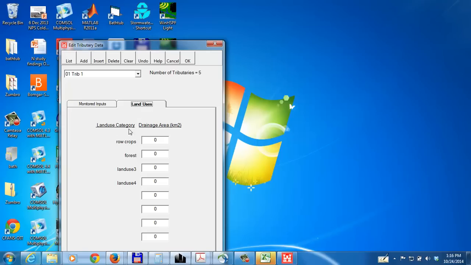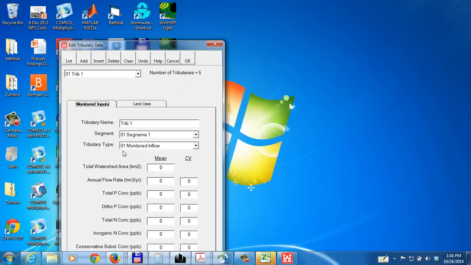So land uses are put here. Row crops, you'd have forest and so forth. There should be 6 in total. And I just put in the areas, and those areas were given to you in square kilometers for each of the tributaries, and just fill those in. When it is just non-point source pollution, as with watershed 1, tributary 1, tributary 2, tributary 3, and tributary 4 are all just non-point source pollution